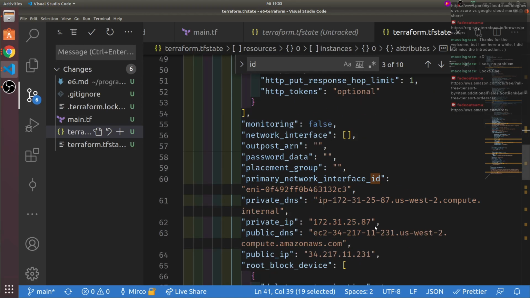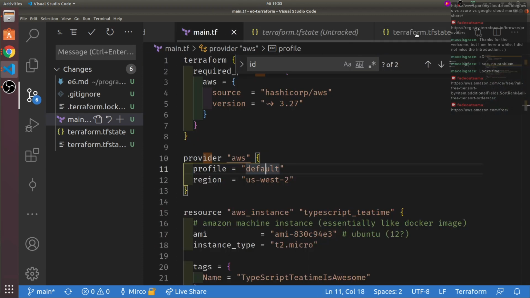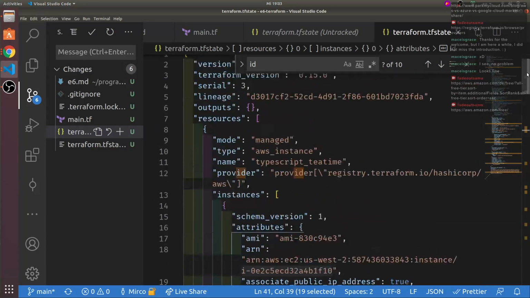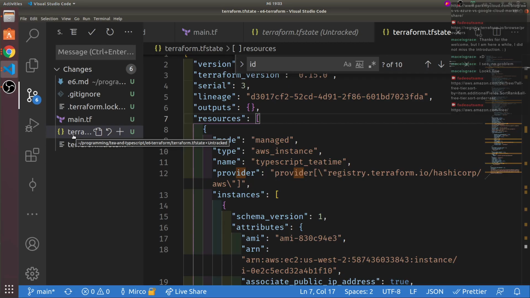And it all keeps track of this. One important thing about this is that this file is private, so you should not put it into version control.